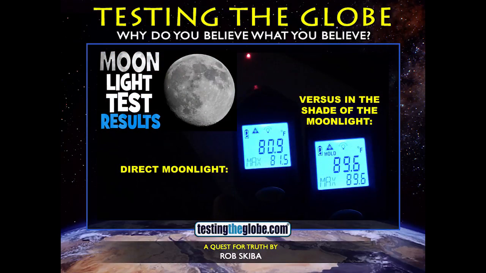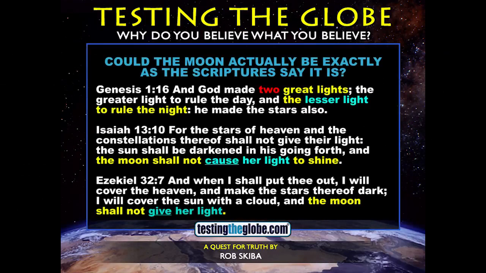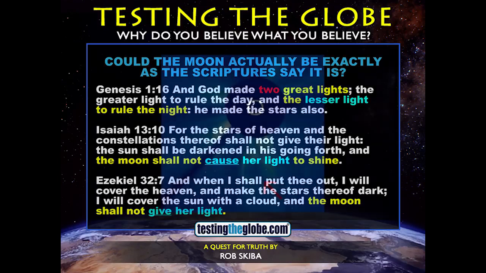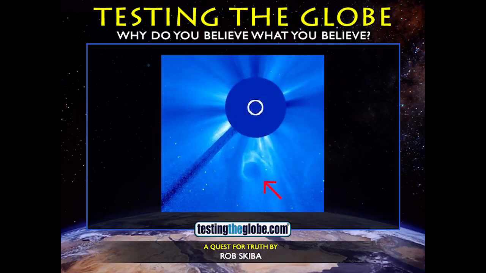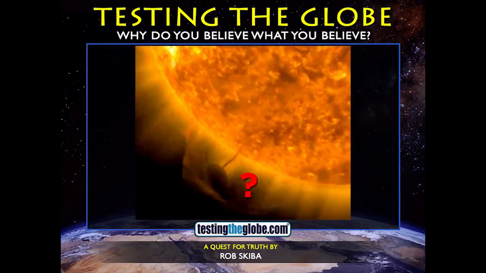It's not throwing off the same light as the sun. It's throwing off completely different light that acts totally different. That's actually warmer in the shade than it is in the light. Totally opposite the sun, where it's warmer in the light than it is in the shade. So, all these things considered, and of course the biblical account describing the moon as a light unto itself, and you have other people saying that there are dark objects out there in the cosmos, then it seems to me that there are other plausible explanations for the lunar eclipse. And therefore, number 2 just isn't really, for me, a strong case for the globe.